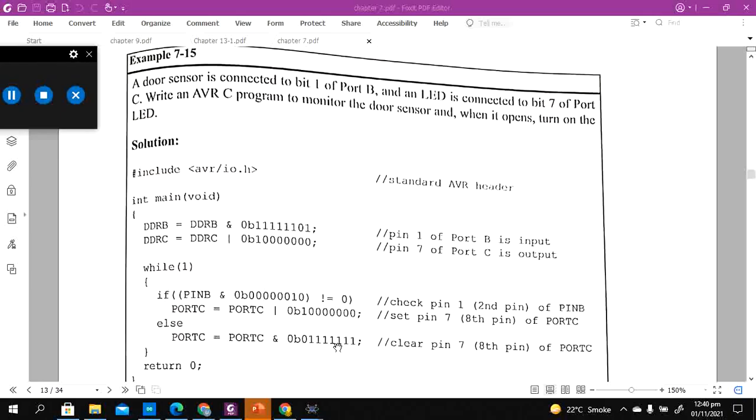If you're using Arduino IDE, this thing is relatively simpler. You just need to name that pin and digital write it with a high or a low. This is somewhat similar, but when you're working with the AVR register, you need to be more professional, because you're working at the register level.